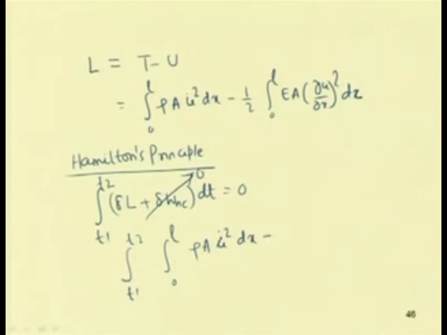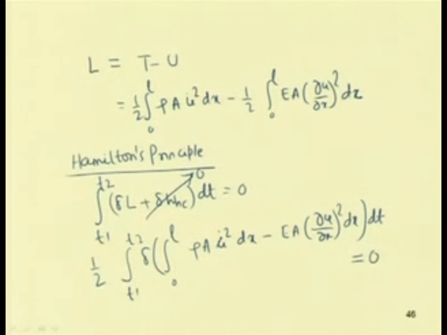minus, so this half is there, I can take this half out, minus E A del u by del x whole square dx into dt. So, I have to use this del operator here, del of this equal to 0. Now, by using this del operator and using integration by parts, you can write, or it will reduce